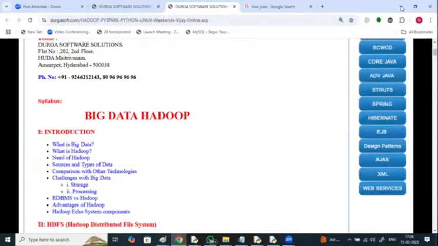For processing, it uses an execution model called MapReduce, and currently we are going with Spark. So storage is HDFS, and for processing, MapReduce or Spark.